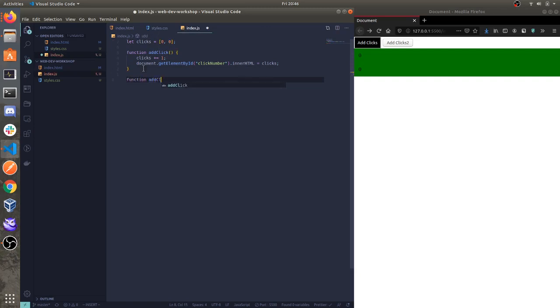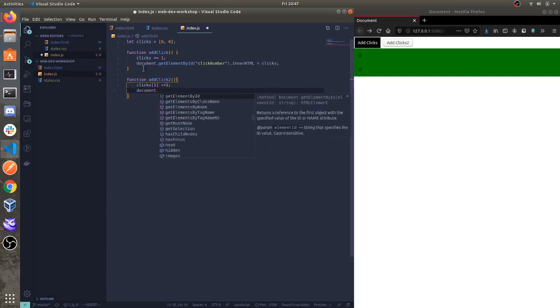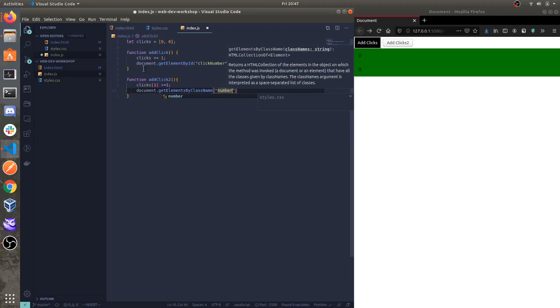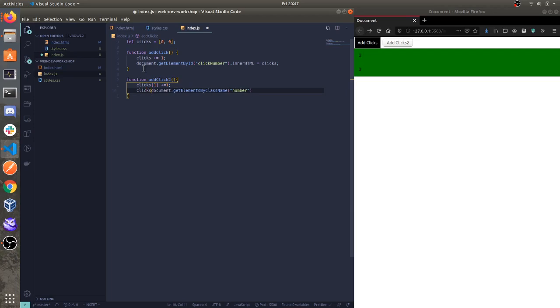So if I do add click 2, then I will be adding clicks at 1 plus equals 1, and we would be by class name, and we'll be using number, and we can be